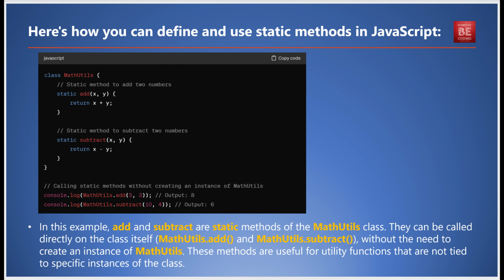Imagine a class in JavaScript named MathUtils. Within this class there are two static methods, add and subtract. These methods are defined using the static keyword like this: static add(x, y) { return x + y; } static subtract(x, y) { return x - y; }